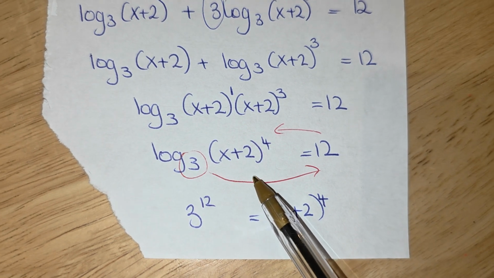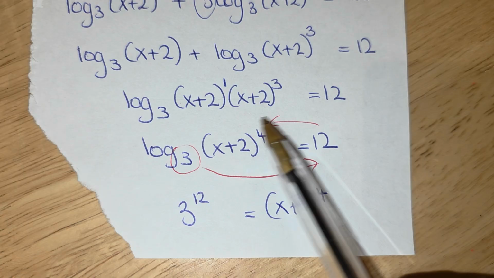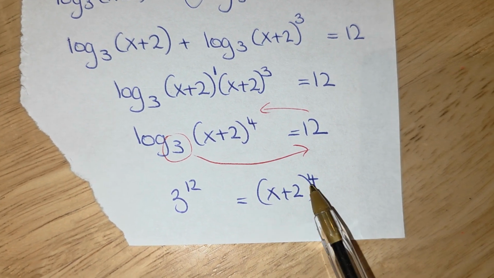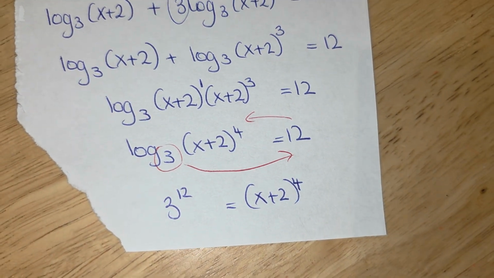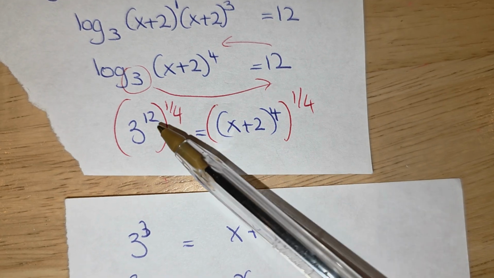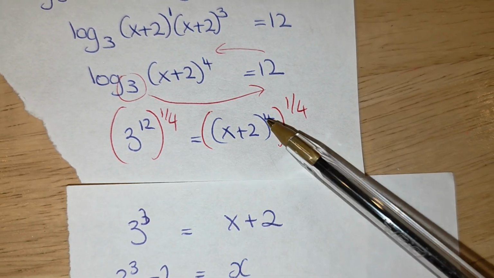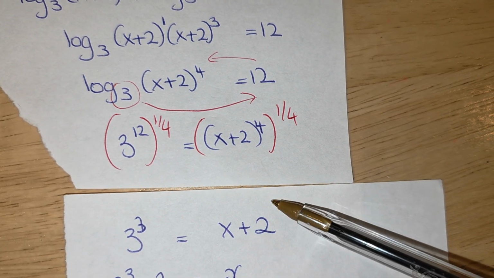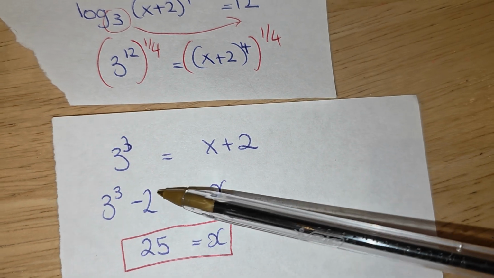Next step, take it out of log notation. So it'll be 3 to the power of 12 is equal to the bracket to the power of 4. Next stage, you want to get rid of the power of 4 on the bracket. So how do you undo it? A power of a quarter. And what you do to one side, you do to both sides. Okay, power to a power rule, 12 times a quarter is a power of 3 and 3 cubed is 27. 4 multiplied by a quarter is 1, so you just get left with the bracket to the power of 1, so x plus 2. Bring over the 2 and subtract it from 27, so 27 take away 2 is 25